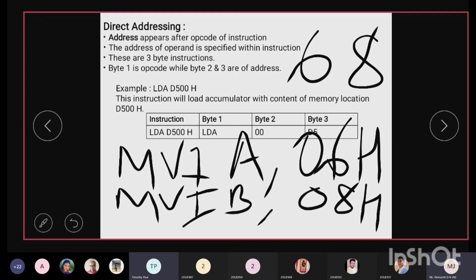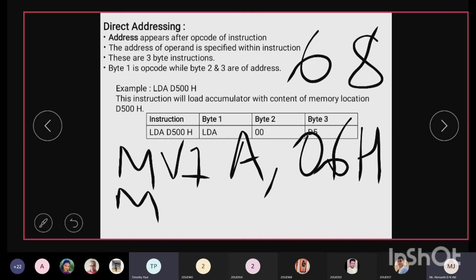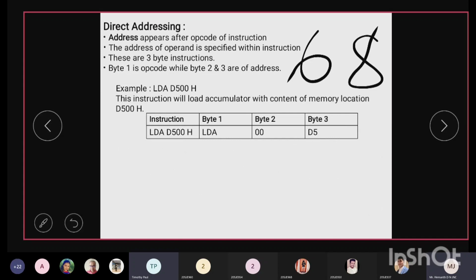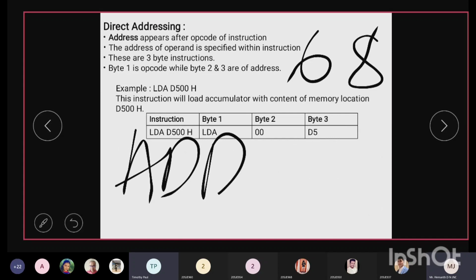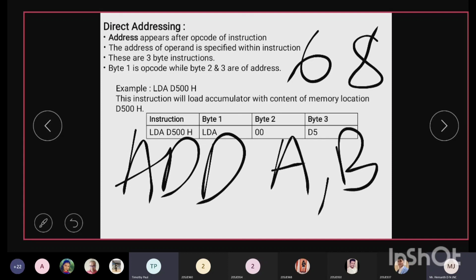The I stands for the immediate addressing mode, where we have given the data directly, to add the numbers 6 and 8. Then immediately you can write ADD A comma B. When you write ADD A comma B, it means A equals A plus B, so it will add 6 plus 8.